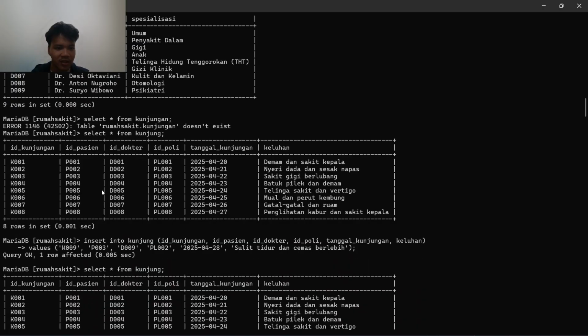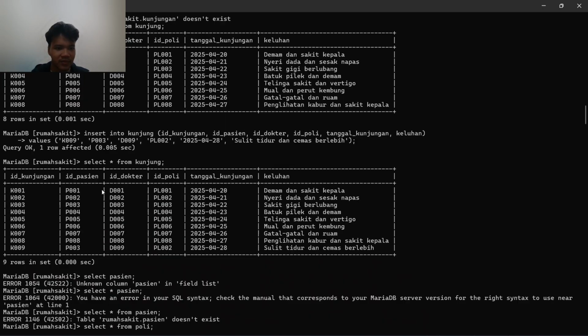The next one is also the same. We have to insert data. The data we have to insert is the ID kunjungan is K009, ID pasien is P003, ID dokter is D009, ID poli is PL002, tanggal kunjungan is 2025, the fourth month, the 28th day, and the keluhan is sulit tidur dan cemas berlebih.